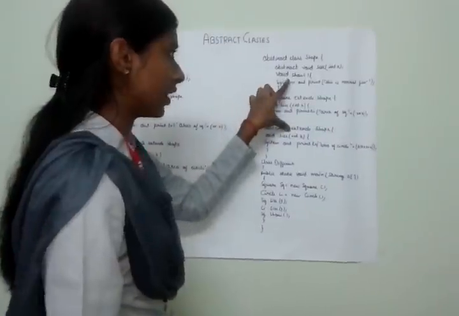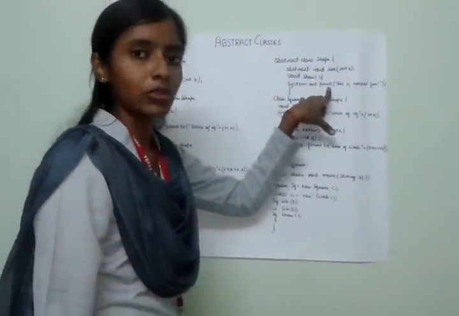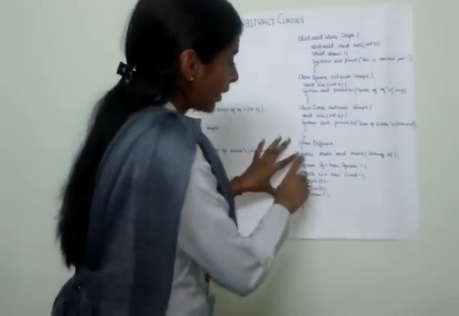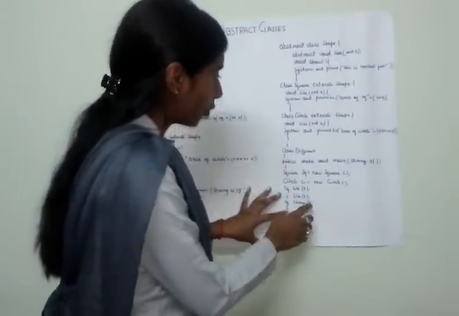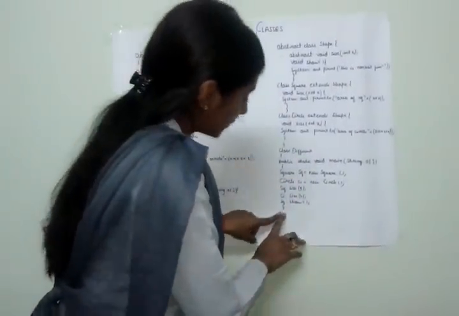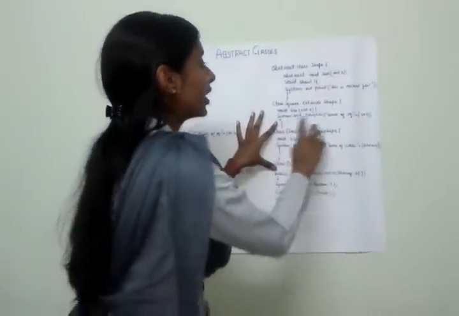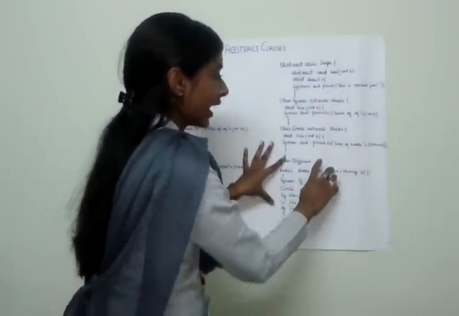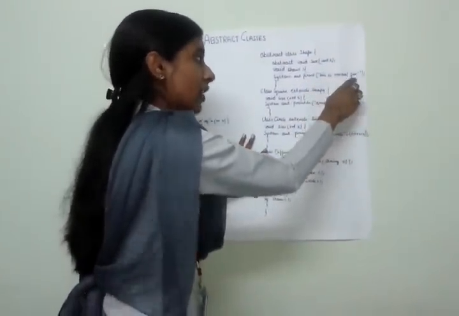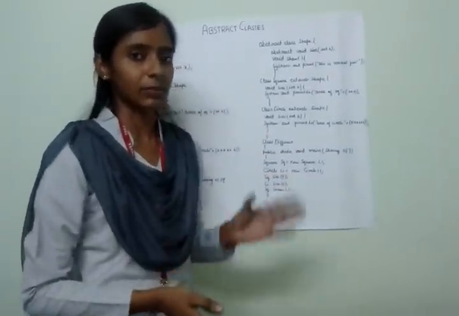I have just added a function void show, which is a normal function, and in its body I have written system.out.print. This is normal function. Rest are same as the previous program, and I have written a line sq.show in class different, which calls the function show, and I have closed the class different. Now when we will run the program, we will get the output area of a square x into x and area of circle 3.14 into x, and this is a normal function. This means that a normal function inside abstract class can be called.